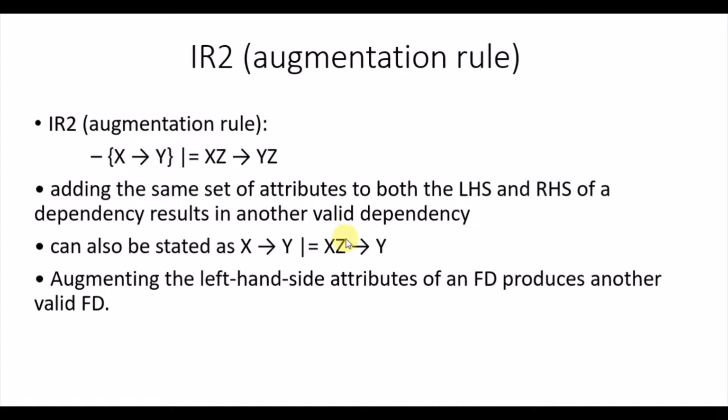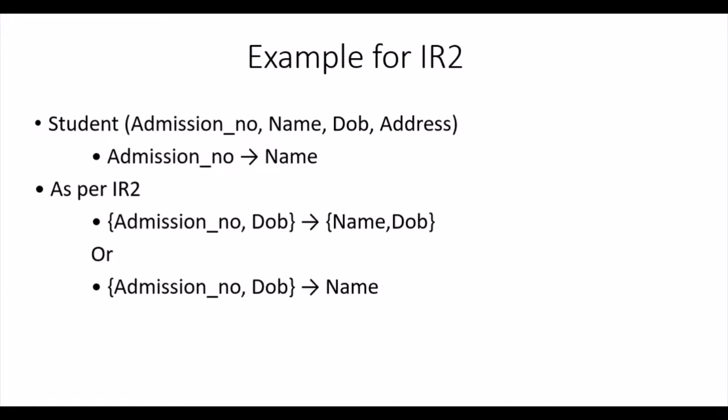Okay, then in these two cases you will get other valid dependencies. An example for the IR2 augmentation rule: student relation with attributes admission number, name, DOB, address. We define one functional dependency: admission number determines name. So as per IR2, the second rule, we will be able to infer admission number comma DOB